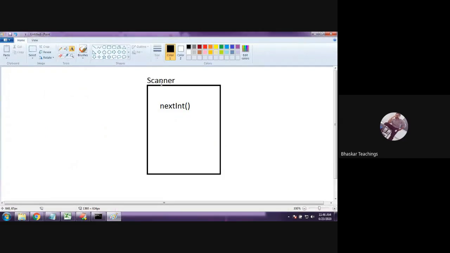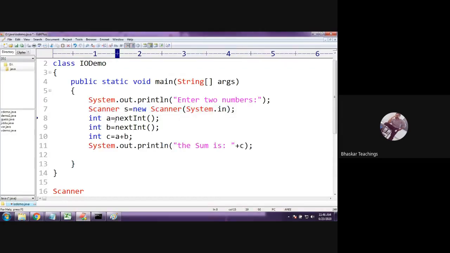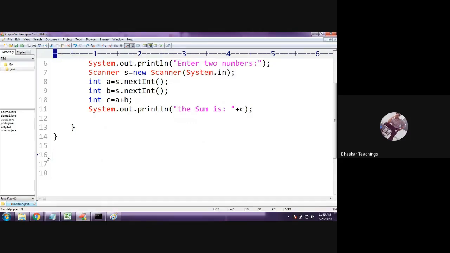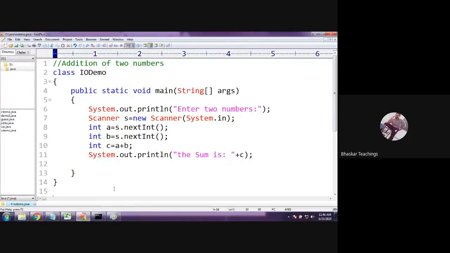And why do you need to create an object for the Scanner class? To use the instance method nextInt which belongs to the Scanner class, you need to create an object. And on that object, now call the nextInt method. Okay, fine. So that's it. Scanner s equals new Scanner of System.in, s.nextInt. I mean, on that object, we are calling the instance method nextInt. Now let us save and try to run. We shall see whether it is going to work or not. My answer is no.